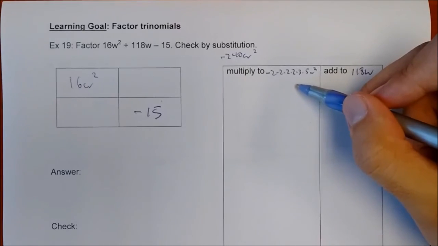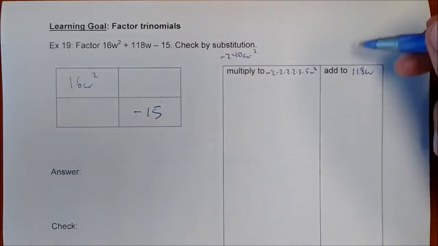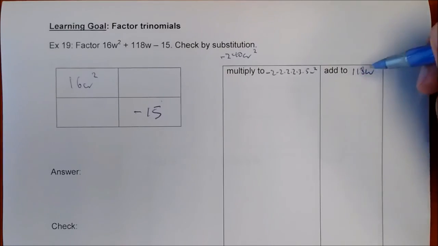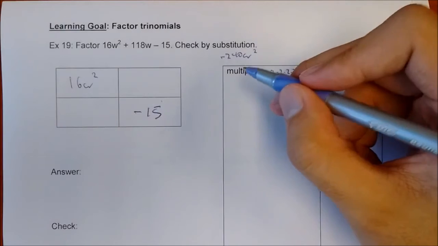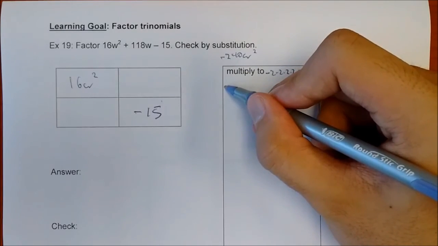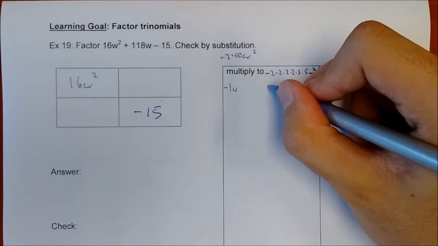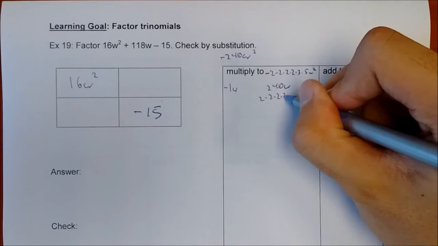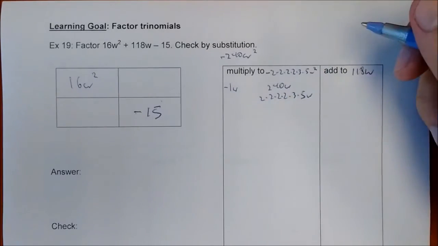You should also know that because they multiply to a negative number and add to a positive number, one of the linear terms is going to be positive and the other one is going to be negative, and the positive one will have a larger magnitude. So our first pair here is going to be, let's say, negative 1w and 240w, or 2 times 2 times 2 times 2 times 3 times 5w, and these are just going to add